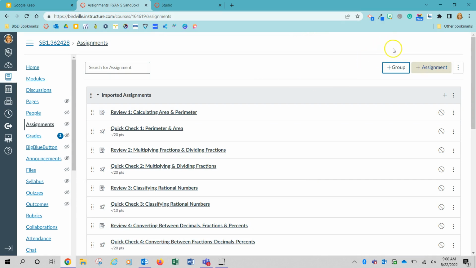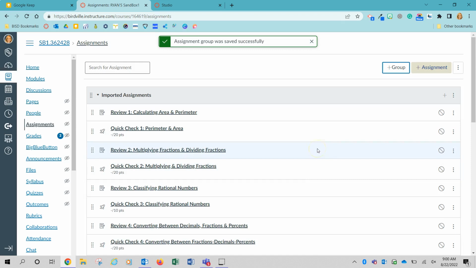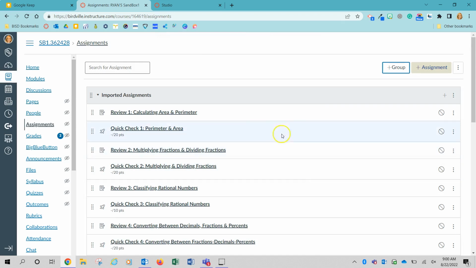The second assignment group we have in Skyward is Test. So I will go ahead and click the Add New Group again, and this time I will type Test, T-E-S-T, for my category of test grades, and then Save. So now any assignment that I want to populate Skyward as a test grade, I will set as a test